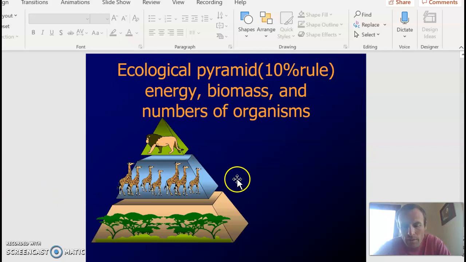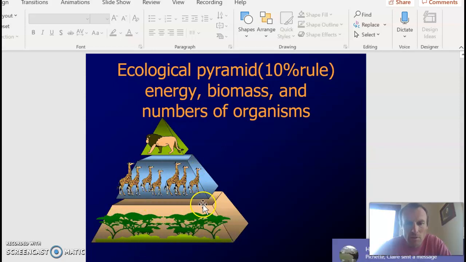And finally, one of the key ideas for this section is this ecological pyramid. So what it is, it shows the primary producers at the bottom of this pyramid, the primary consumers halfway up,